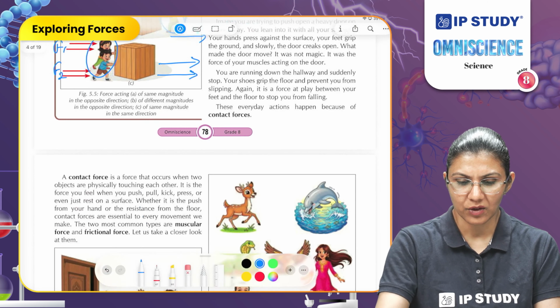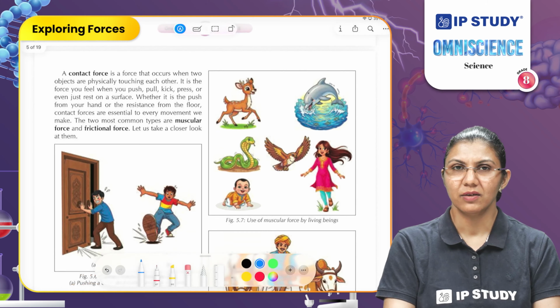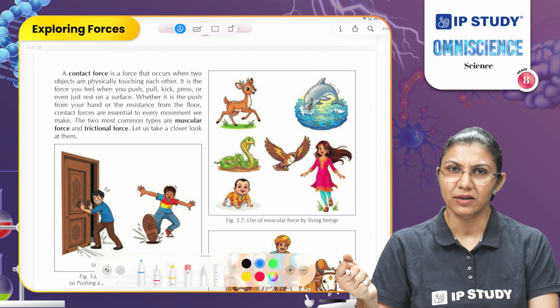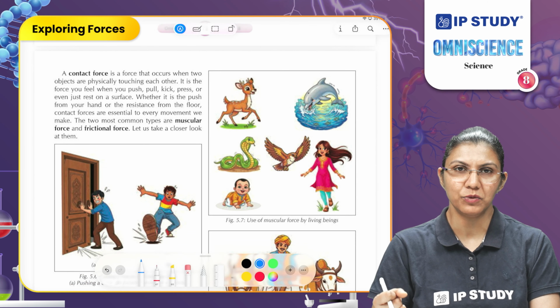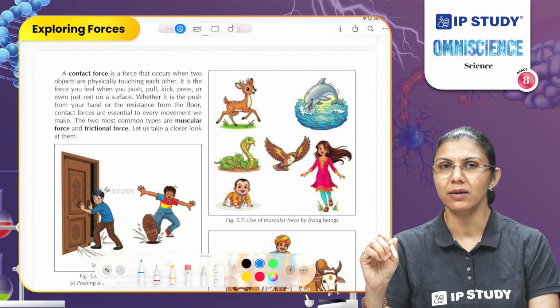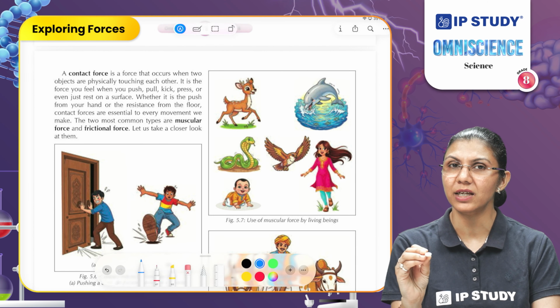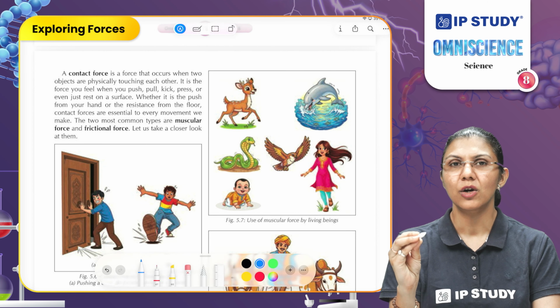Let's check the contact force in action. Muscular force: when you are lifting an object, pulling any object, dragging any object, or just holding any object, you are using muscular force. If I am holding this pen, it means I am using muscular force through my fingers to hold this pen